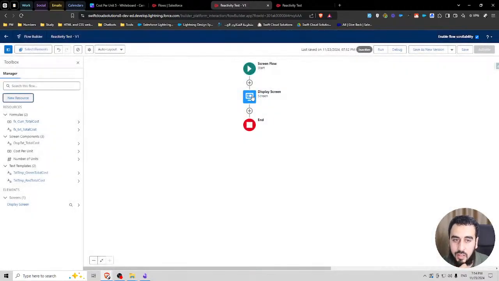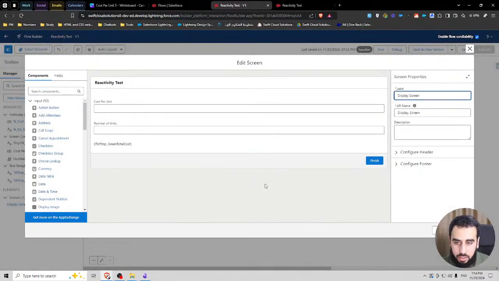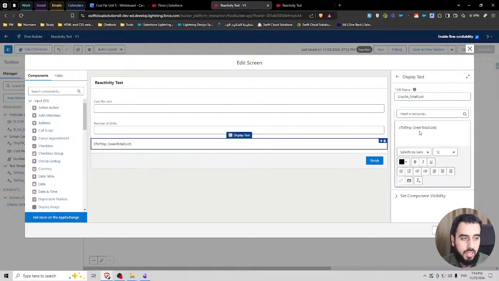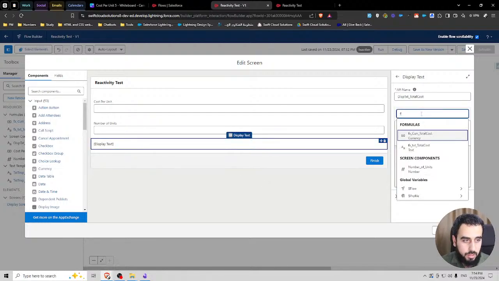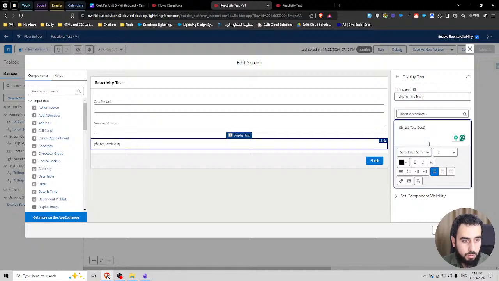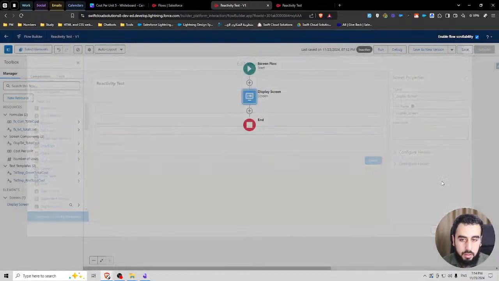Let's give this a try. Let's display this. I might go back and go through these things in a minute, just to make sure that it is working first. So this is total cost, and let's give this a try.